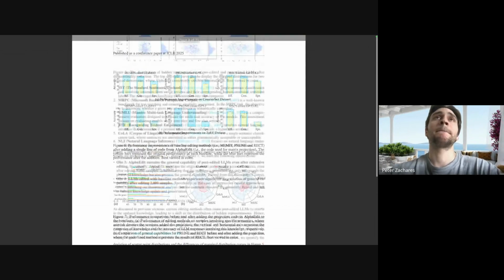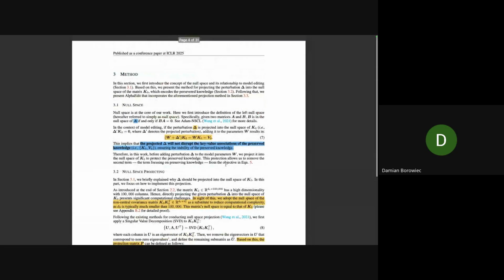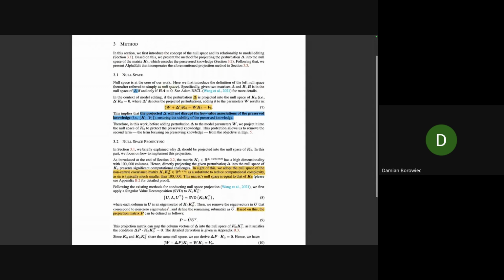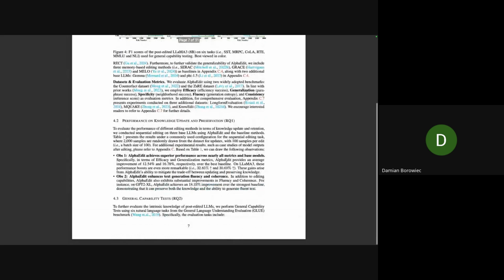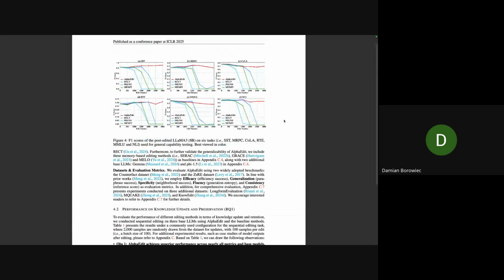Yeah, Damien? It's not really a question, but I'm curious about your opinion on this. They don't show any experiments about what would happen if a counterfactual fact was being introduced. Say the model knew that the sky is blue, but now we're trying to teach it that the sky is green. I wonder what would actually happen to the distribution on these layers, and what the actual answer the model provided would be.